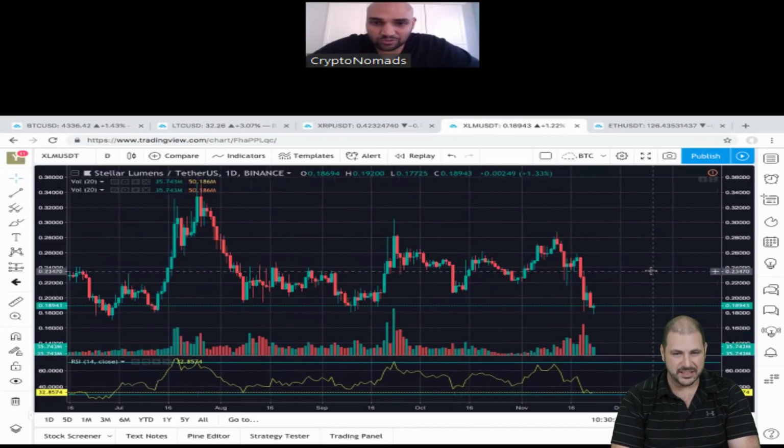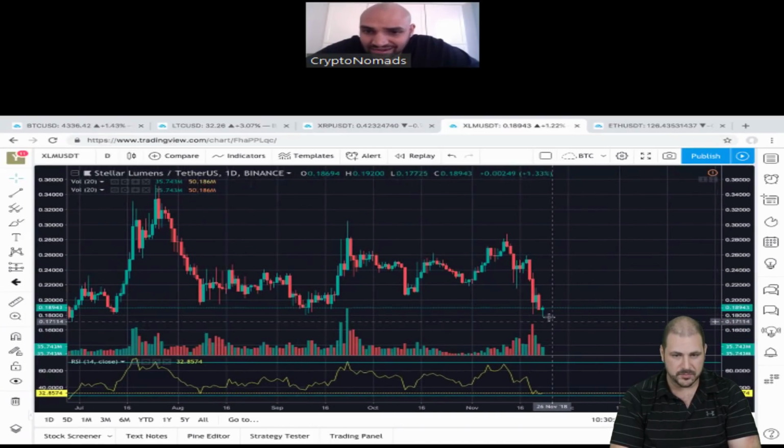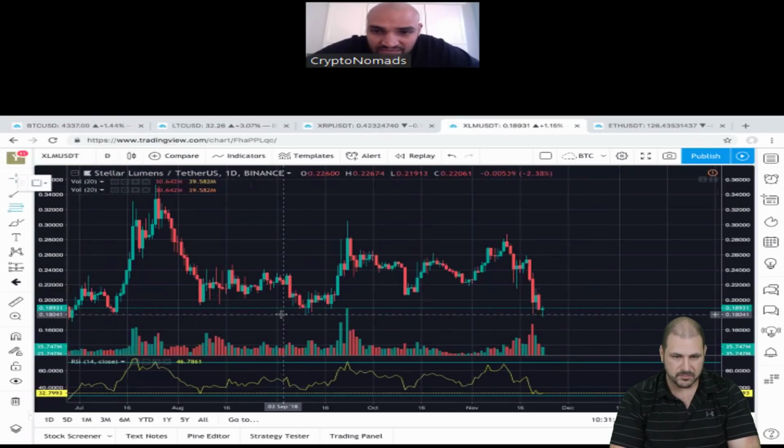Anyway, okay. So RSI has come to the bottom. We aren't exactly oversold yet. We currently have a candle that's sitting well above its candlestick low for the day, which is indicating a little bit of bullishness. But if we plot Fibonacci, let's say from this level here, well,